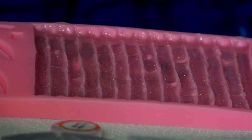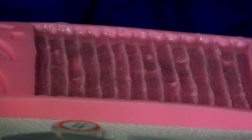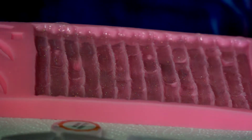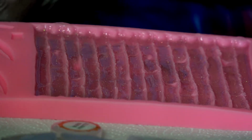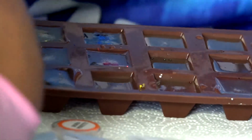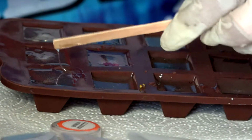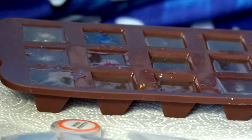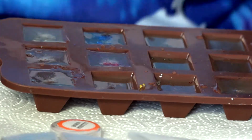Let me move this one back over. Oop, gotta fix that. Okay. Move that one over there and move this one back. And then I have to fix it because this one kind of overflowed a little bit in transport. Okay. And then I'm going to take some alcohol and literally,